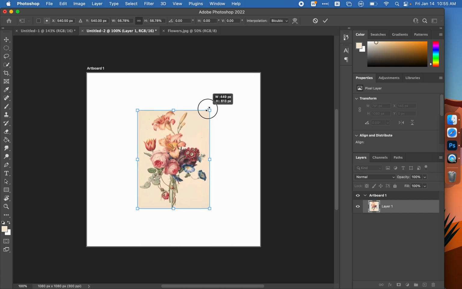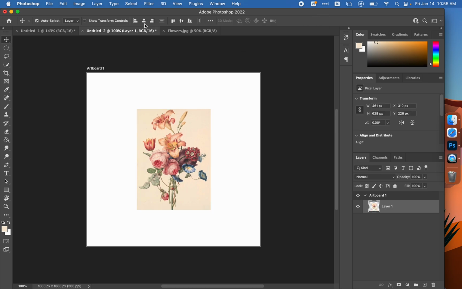And so I might pull it into a little bit smaller size. I think right there looks good, and hit check to confirm. I can make sure it's centered by using those buttons. And then what I'm going to do is actually create underneath this a layer that has this sort of beige